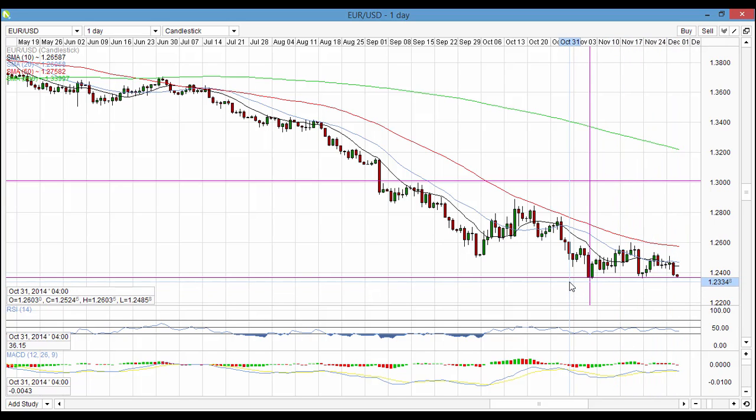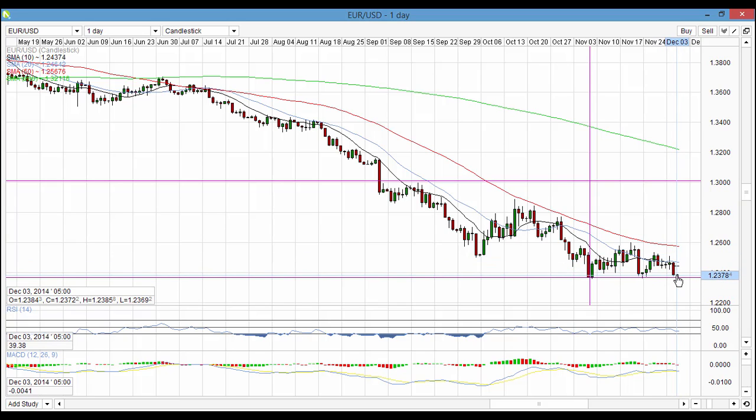Now, we do say that non-farm payroll has the effect of changing the direction of the market or driving it in the same direction quite strongly. So what we've got here is a level of support. The market came down into this level around 1.237 and found support around it. We can see that we touched it here and then bounced up, and then we touched it again, bounced up, and now we're coming down into this level.